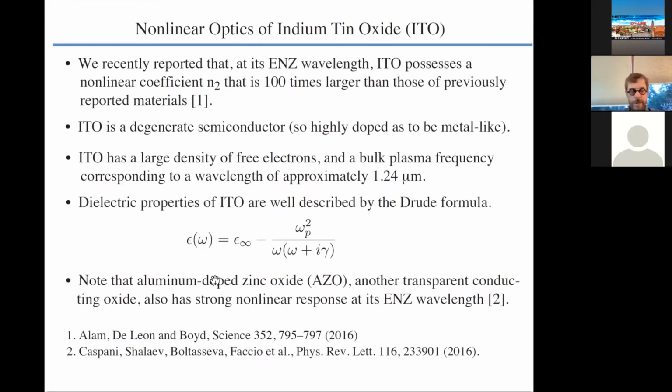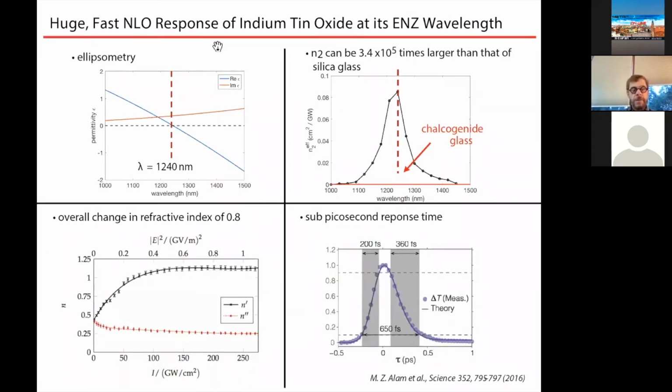And there's more in life than just indium tin oxide. The group of Vlad Shalaev, who's speaking next, with Boltasseva and Faccio and others, have been studying aluminum-doped zinc oxide. And I guess I would say that the two materials complement one another. Okay, so this slide